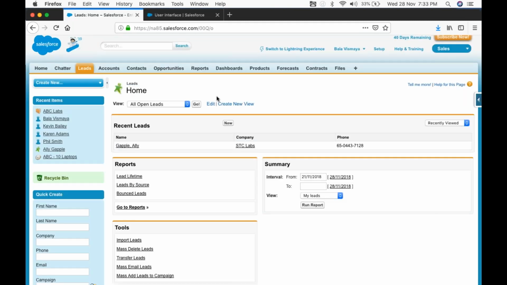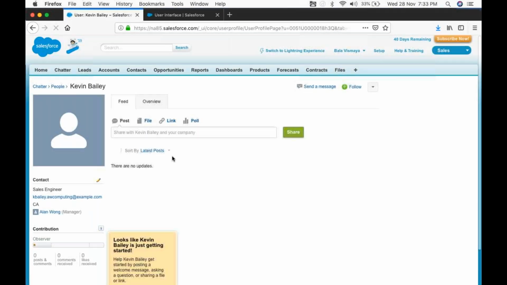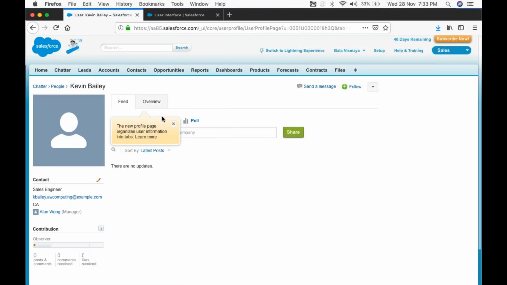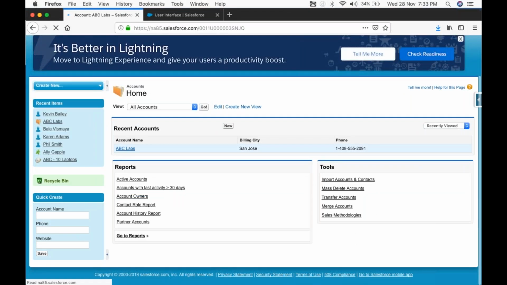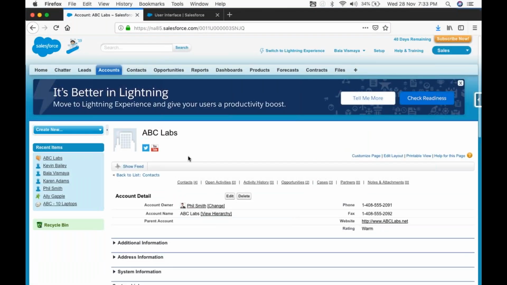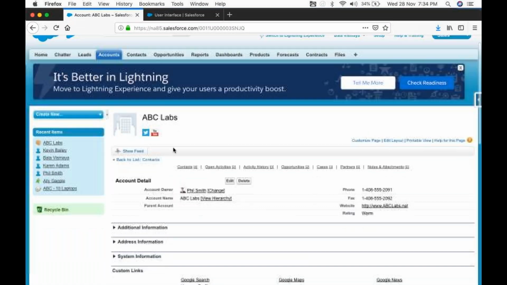In Classic, when you look at a specific record, I'm clicking this Kevin Bailey record, what is this? Is it a contact? What is this? Okay, one moment. It's leading me to a chatter under people. Let's look at an account record to make it simplified. So this is an account record, ABC Labs, and